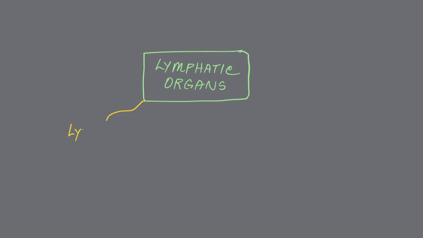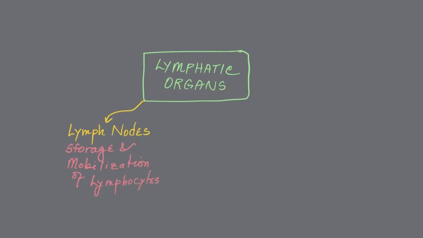There are four major lymphatic organs. We'll start with the lymph node. There are thousands of lymph nodes all across the lymphatic system. When there is an infection, lymph that contains the pathogen can enter the lymph node. And when this happens, the cells inside the lymph node sense that there is something wrong and they become activated. So the function of the lymph node is to store lymphocytes and other white blood cells and mobilize them